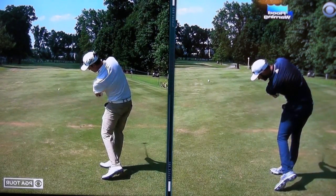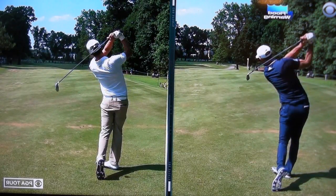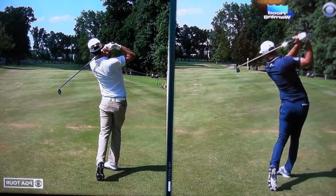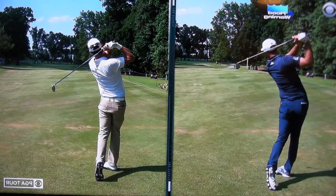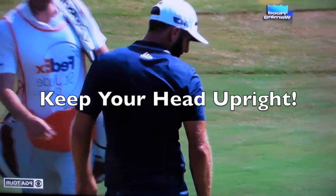Watch that. That's a real trend now with the modern swing that we weren't taught to do back in the old days. But follow the flight. Andrew Putnam's release is really good, and because of his broken